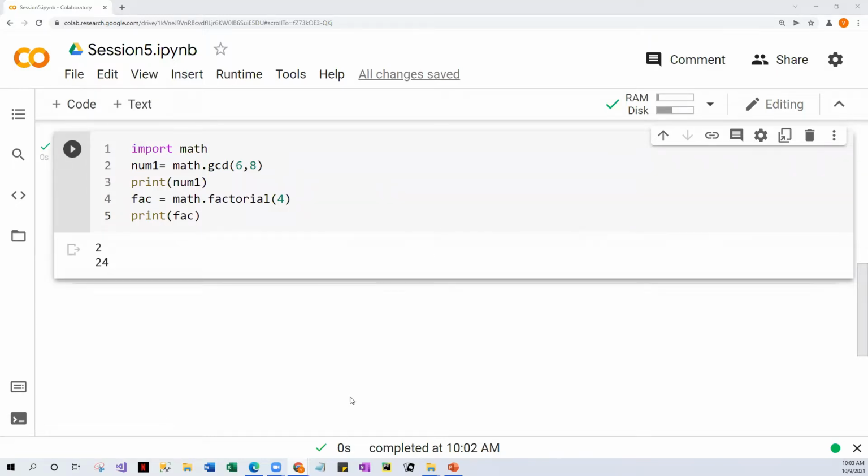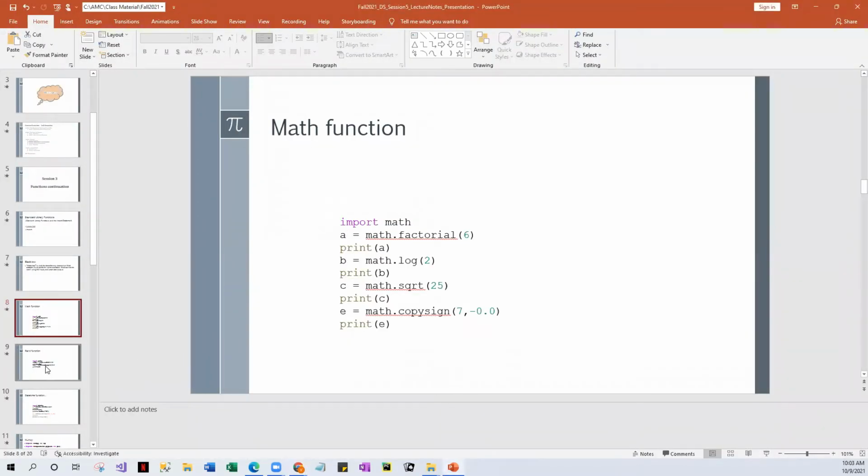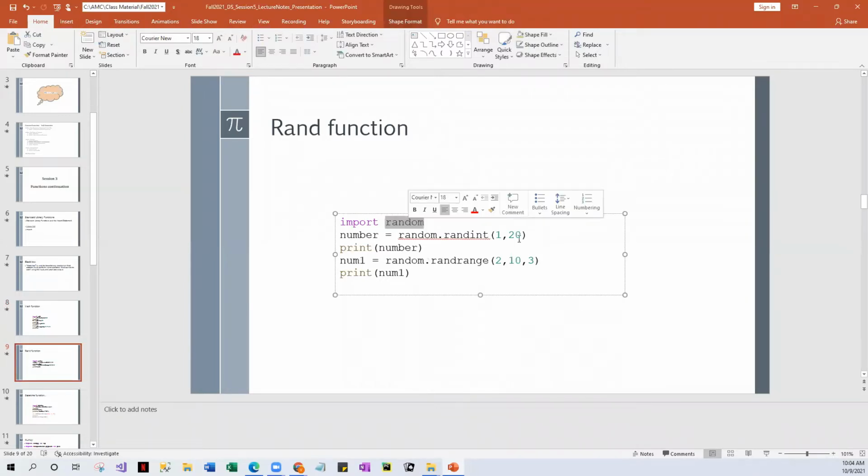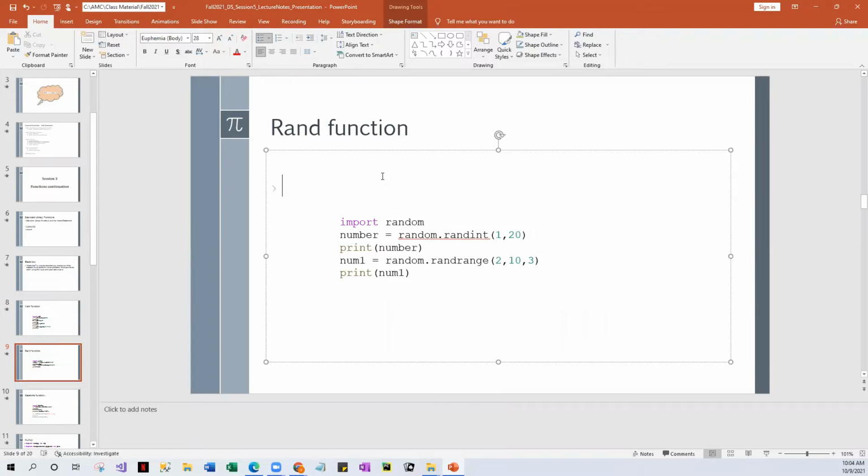Okay, so let's go back. We explored the math function. The next function we are going to explore is the random function. I hope you all enjoy playing games, random games. The random function is used in the gaming industry, and wherever it is used, did you all attend last week's